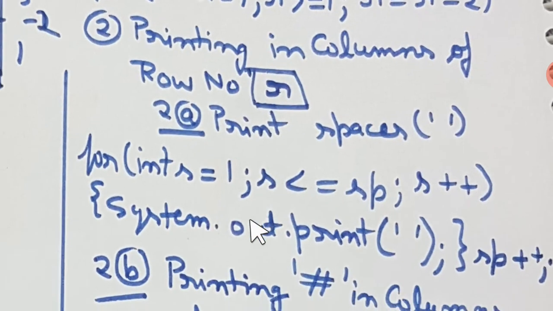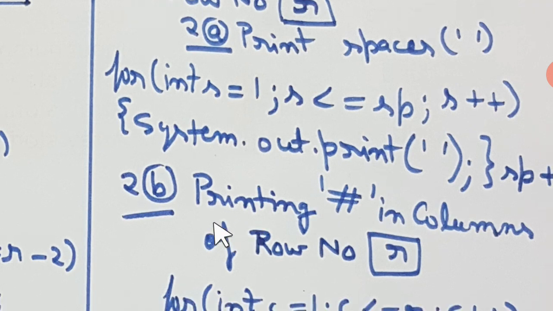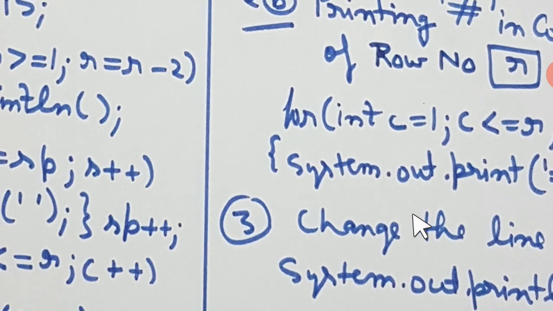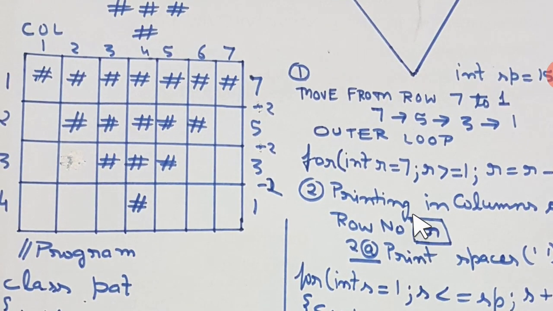So now again spaces are going to be printed, then space will be increased by 1, and then the hash is printed. This time how many? Just 1, because r has already become 1. This way you can have the kind of output which we have discussed just now. Everybody has seen it here.